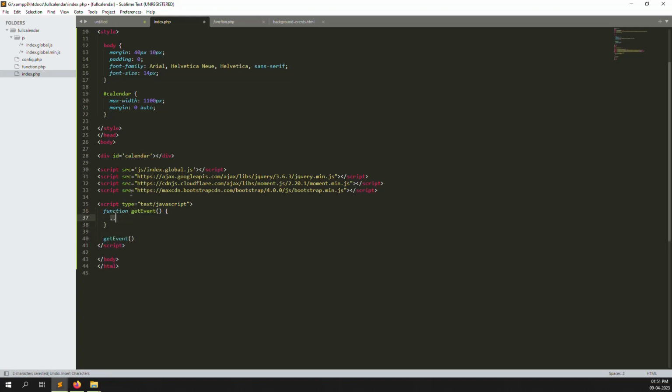Okay, inside I will write Ajax code. So $.ajax, method is equal to, means type is equal to POST. We can make it capital POST. Action means URL, because here is a URL. URL is equal to function.php,